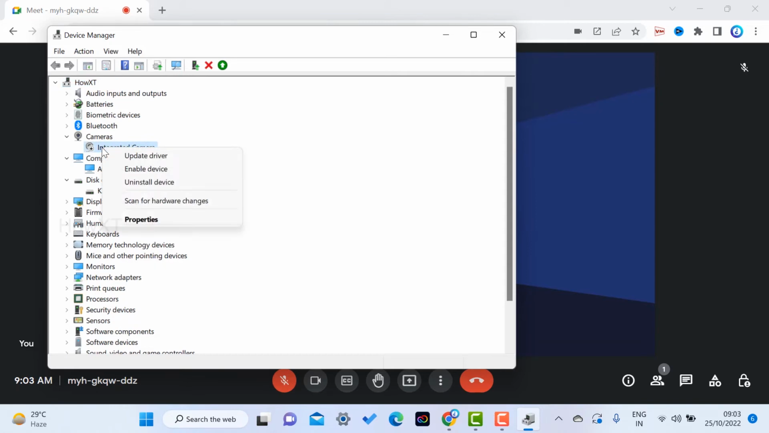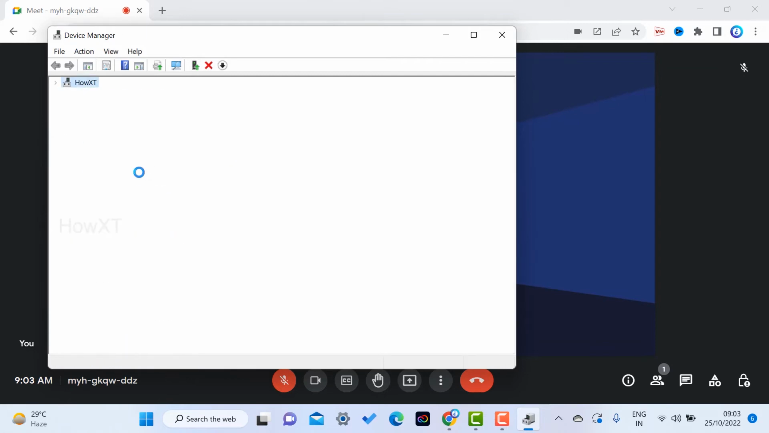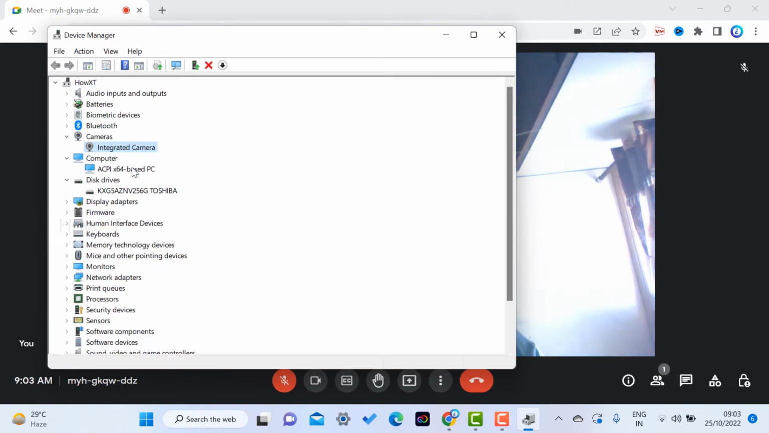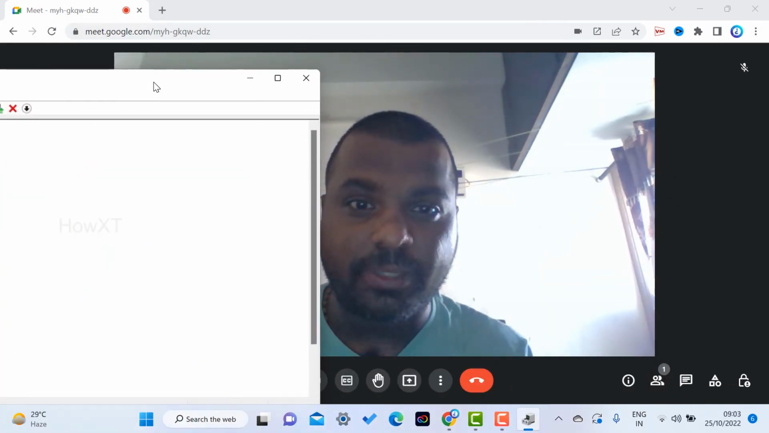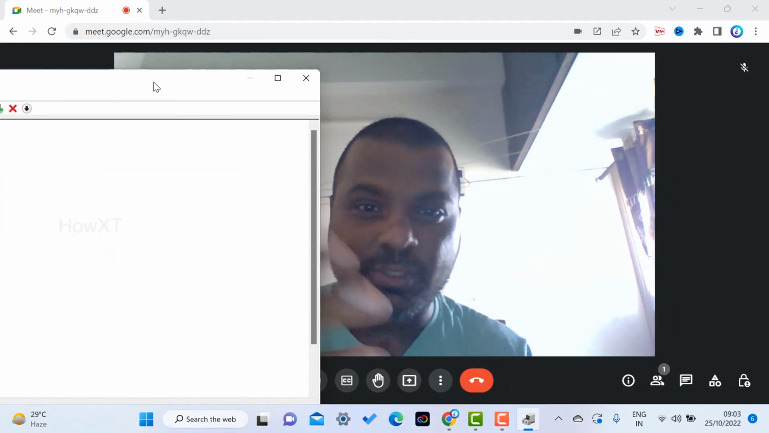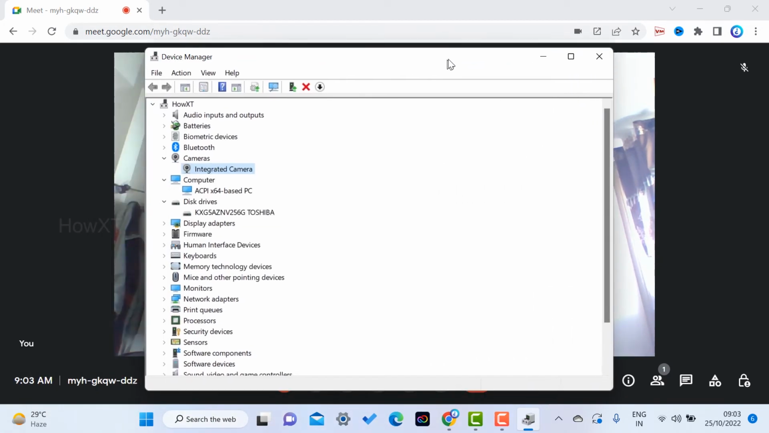So just right click on that, and you will get options called enable device, uninstall device, update driver. First and foremost you need to enable the device. Once you enable it, the device will be enabled perfectly. My camera is working perfectly, as you see here. So I am able to see my camera, but I just want to update